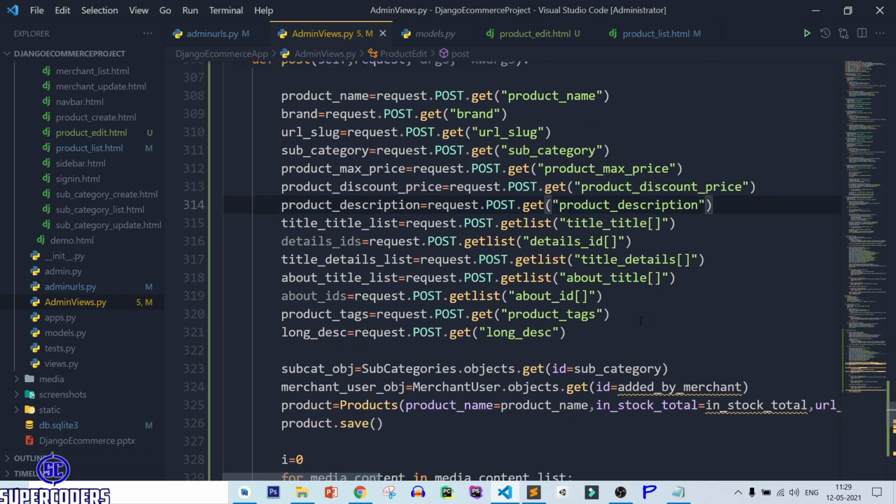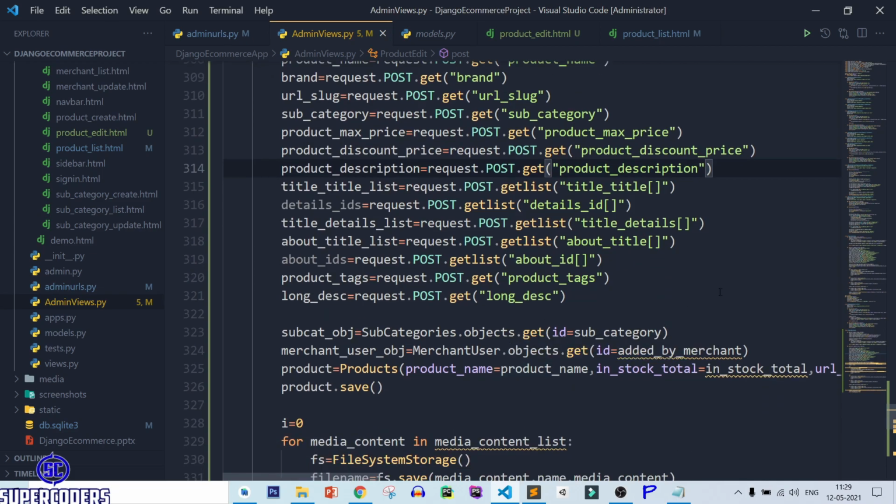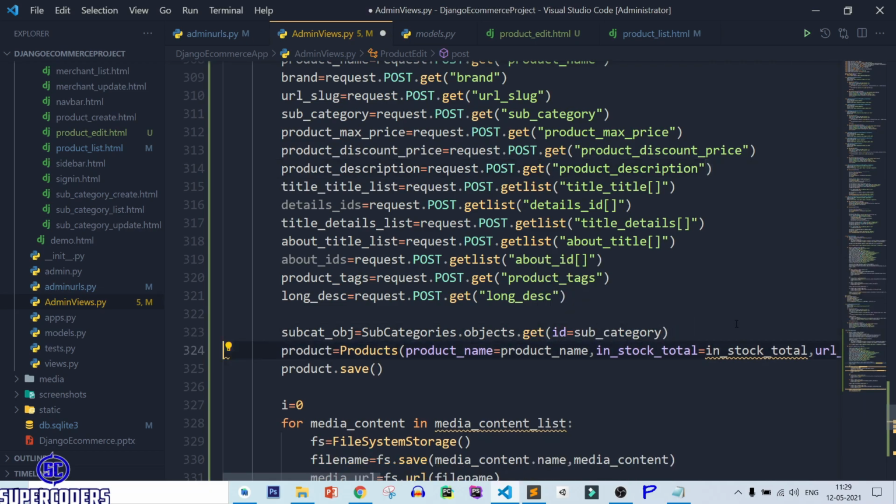Save this file, and here we don't need to set merchant, so remove it, and here we don't need to set the data.